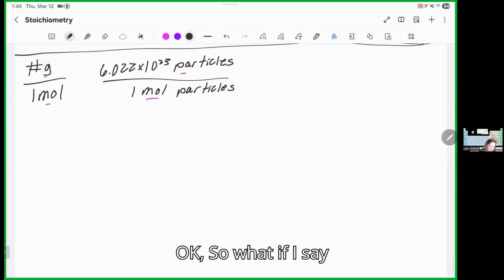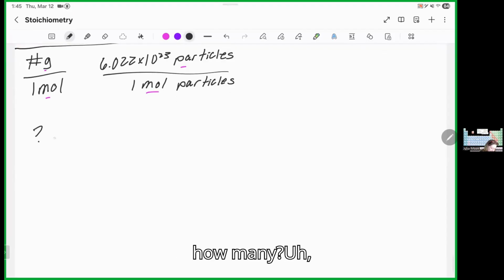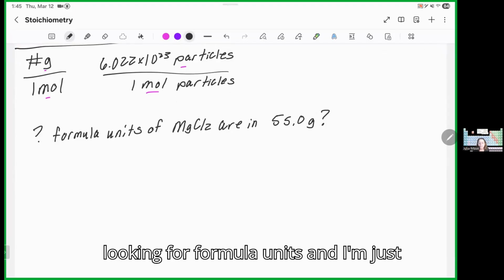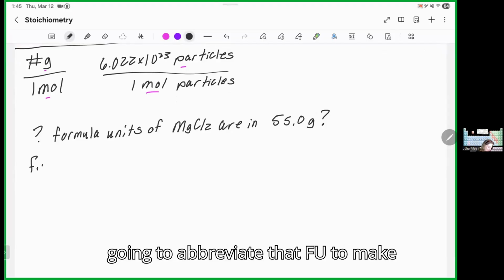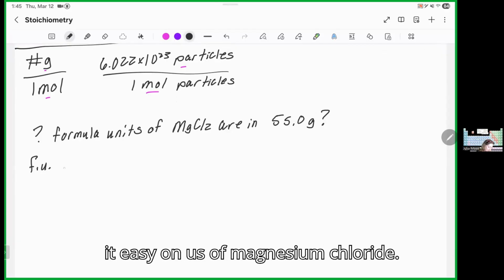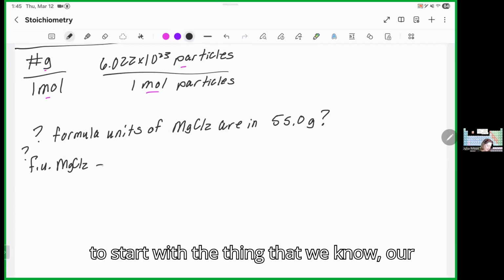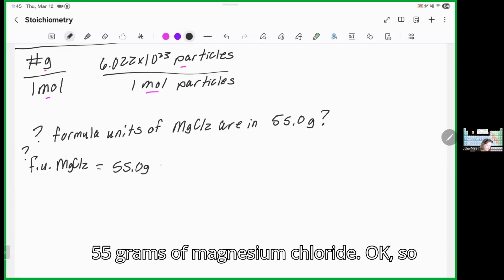What if I say, how many formula units of magnesium chloride are in 55.0 grams? So I'm looking for formula units, and I'm just going to abbreviate that FU to make it easy on us, of magnesium chloride. That's our question. And we're going to start with the thing that we know, 55 grams of magnesium